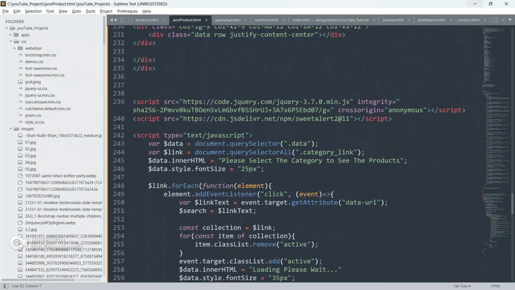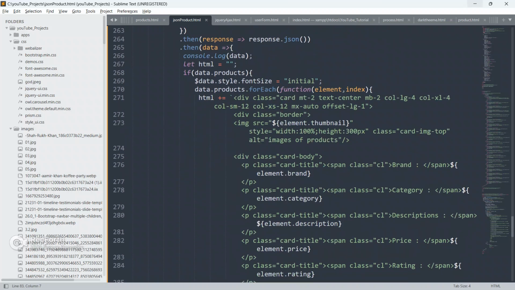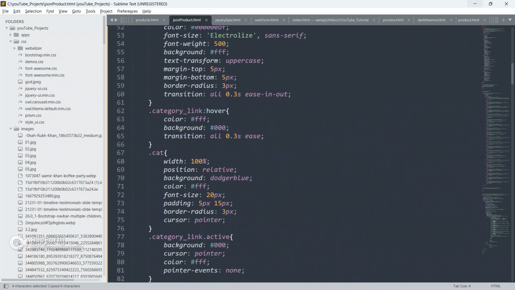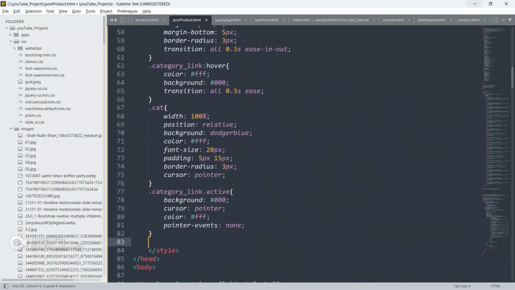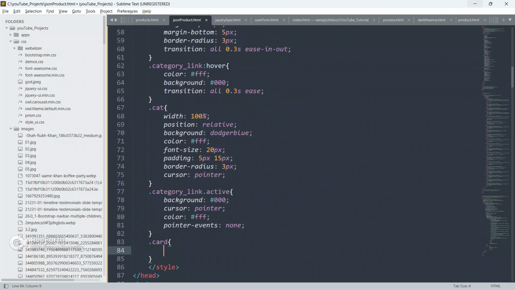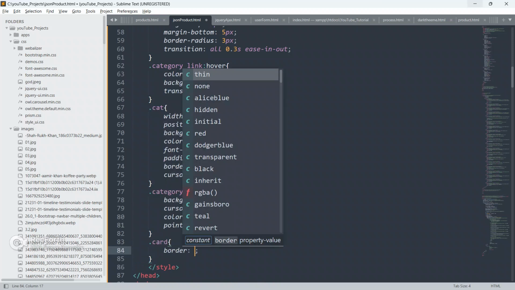So we are going to grab this card class, go up and paste it here.